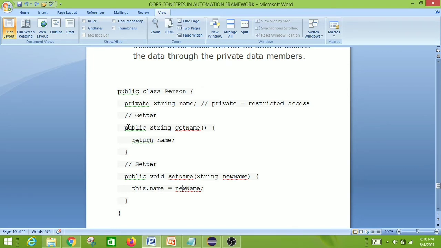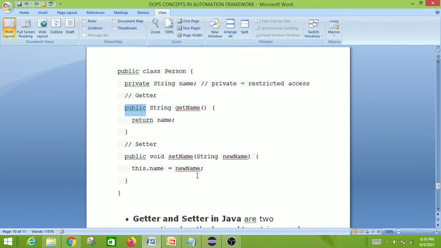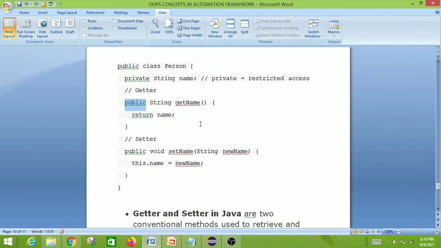So what we are doing is we have created one getter method and one setter method. By using this getter and setter method, outside users, that is users outside of the class, can access the data variables. That's why we have declared these as public. Otherwise, the outside world would not have access to the corresponding class. That's why we are using public methods to access the private variable. So this is known as encapsulation.